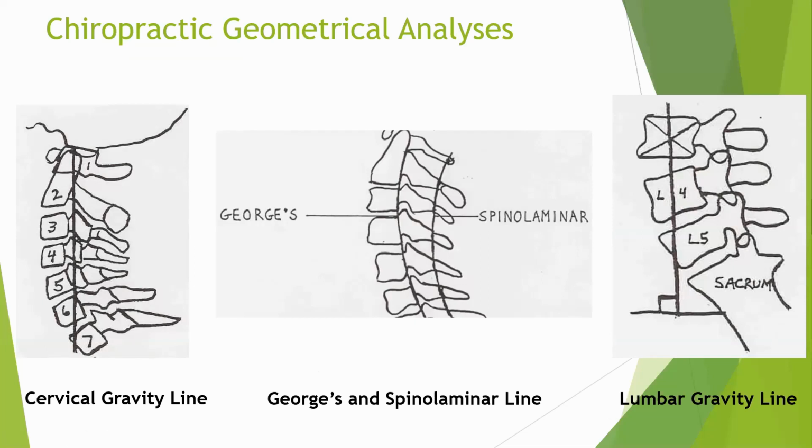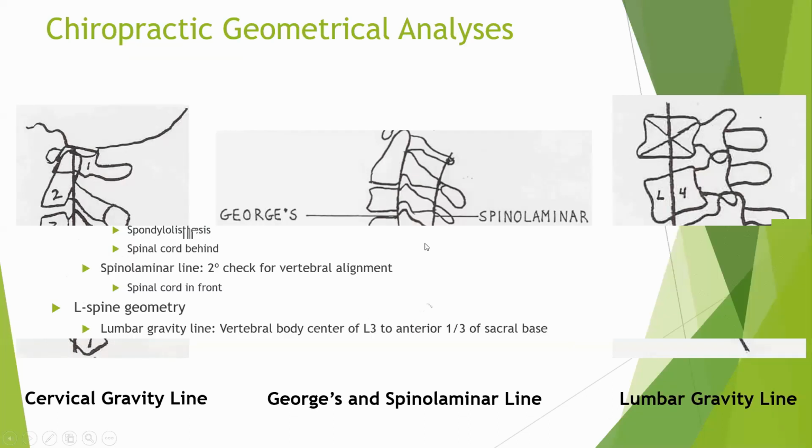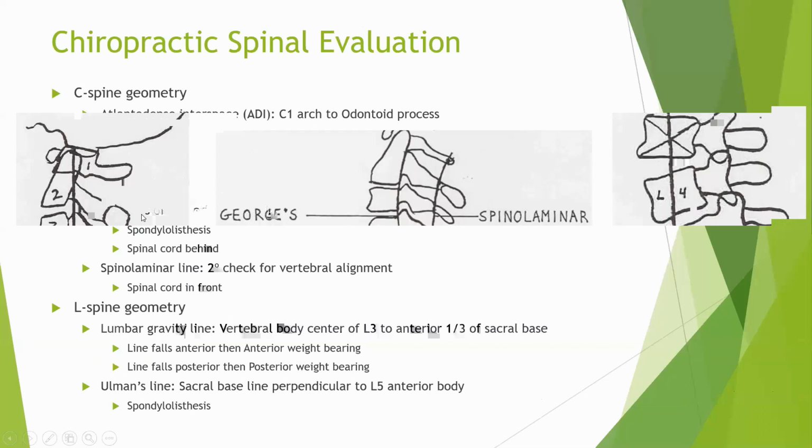You can do a lateral view of the entire spine. You connect these dots from the posterior vertebral body, and that is called George's line. And what is the importance of George's line? If there is slippage of the vertebra, you know it is